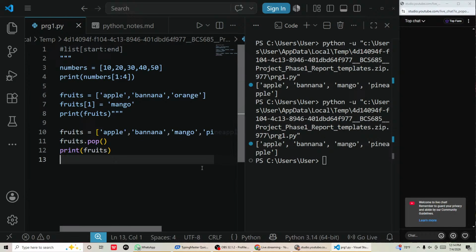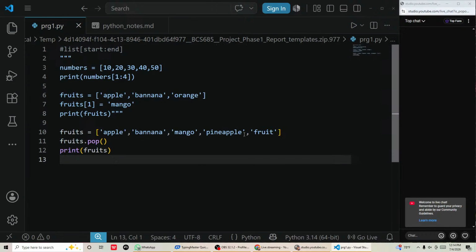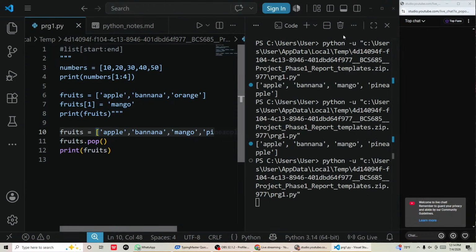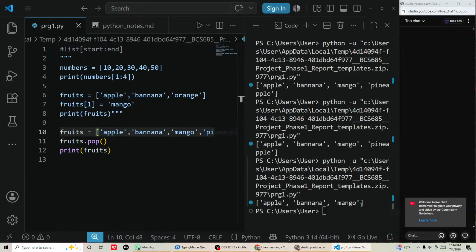In this example, I have not changed anything. Fruit was already there, but still it is removing that. Now if I remove this from the list and execute again, what will it do? See, pop will remove the last element of the list, whereas with remove, you can mention which element you want